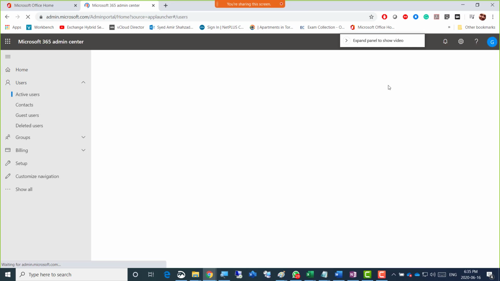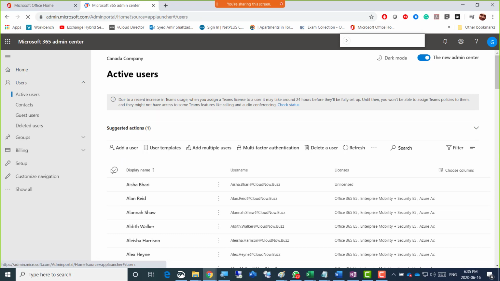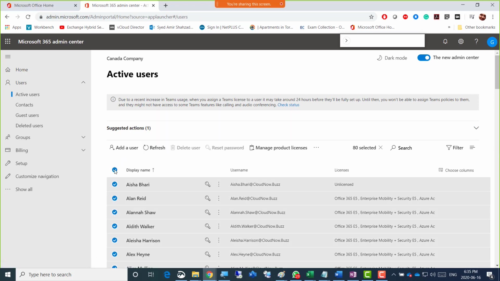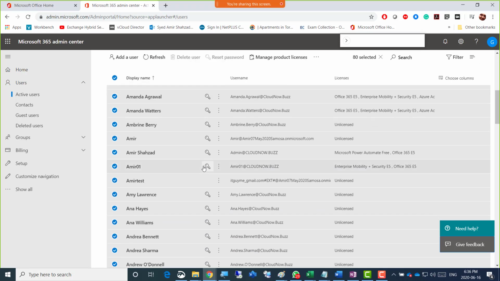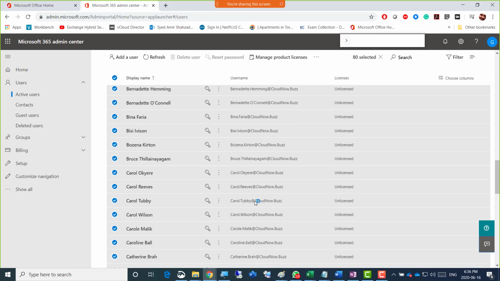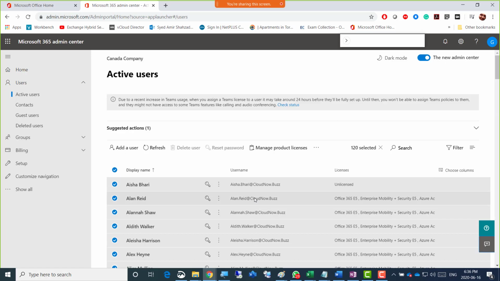Active users. Okay, so what I can just easily do now is, some of the users are actually still not changed, and some of the users are, but pretty much everyone I selected here is Office web, right? So can I change their domain? Let me just change whatever we can right now quickly, and then we can go for the other ones.